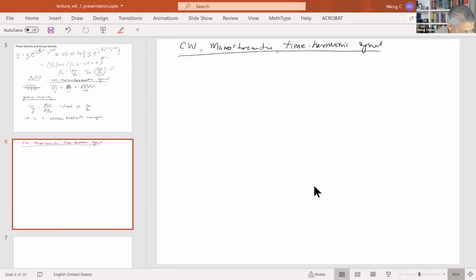We can represent the signal in the frequency domain quite easily. Let me use the z-axis to represent the direction of propagation now, okay? If you have a signal in the frequency domain, you can write it quite easily as such